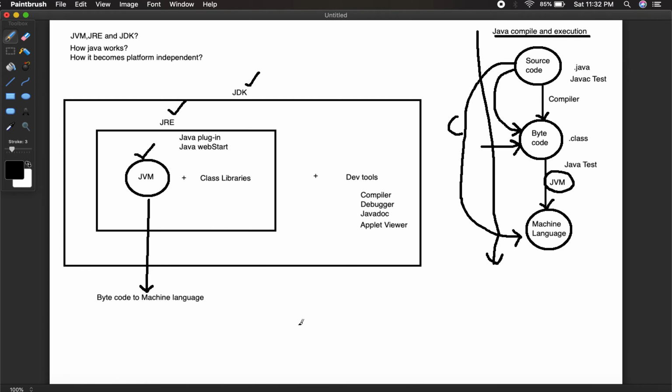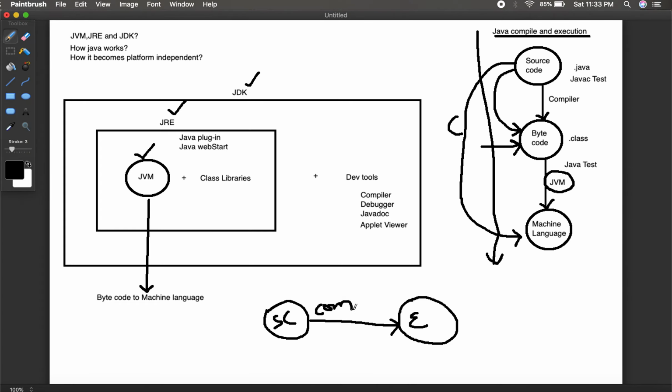Let's see how it works in the C language. Assume this is your source code. This is your executable file. What happens when you do a compilation? There is no bytecode. There is no step of converting the bytecode. This compiler converts the source code into an executable format.